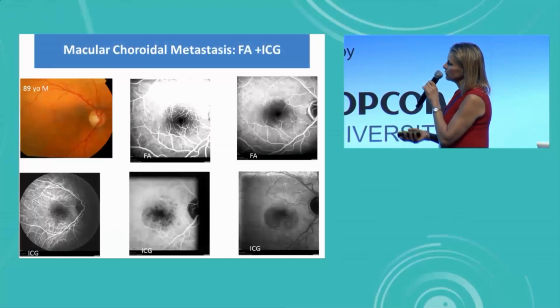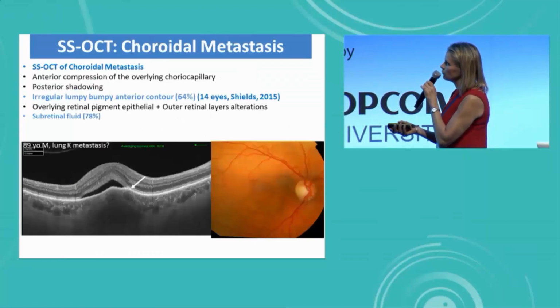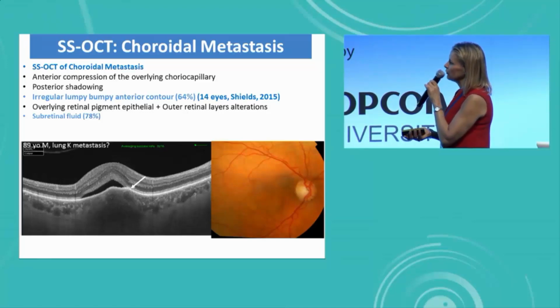Swept source OCT angio shows dilated intratumoral choroidal vessels. For this submacular choroidal tumor, the diagnosis couldn't be made by angio, fluo, and ICG, but was made by swept source OCT, showing the characteristic irregular lumpy bumpy anterior contour, which has been shown by Shields to be a diagnostic sign found in 64% of cases. There is also anterior compression of the overlying choriocapillary and posterior shadowing, as well as RPE abnormalities, and subretinal fluid